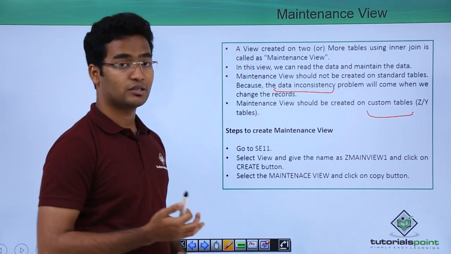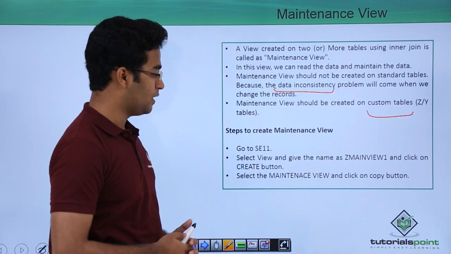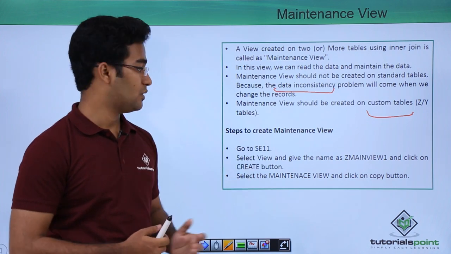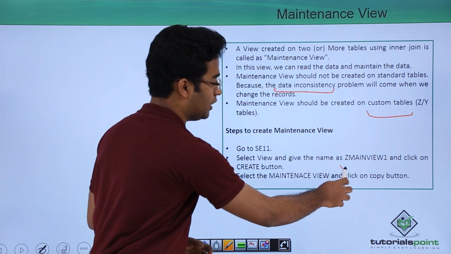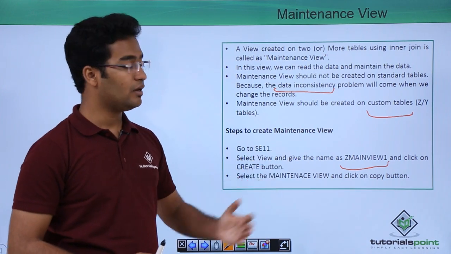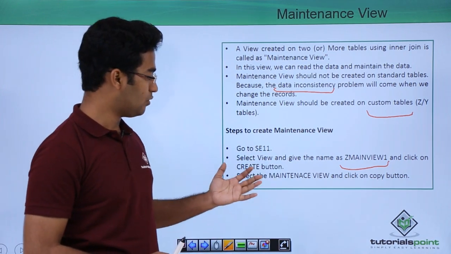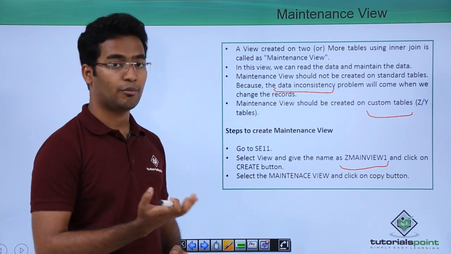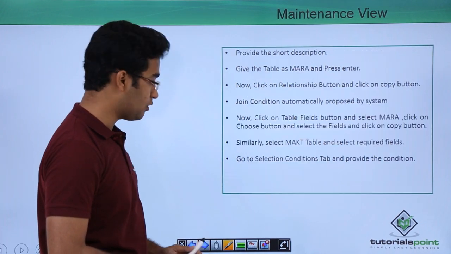So let us look at the steps to create a maintenance view. First we have to go to SE11 and then select the radio button View. Then we have to give some meaningful name. Suppose we are giving it ZMAINVIEW1, and then we click on the Create button. Then we select maintenance view from the pop-up and click on the copy